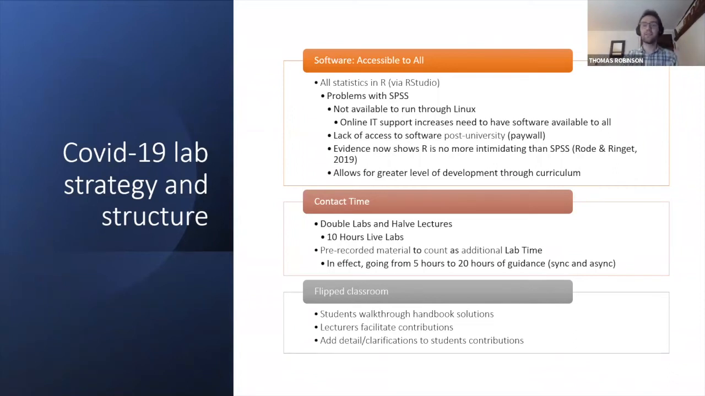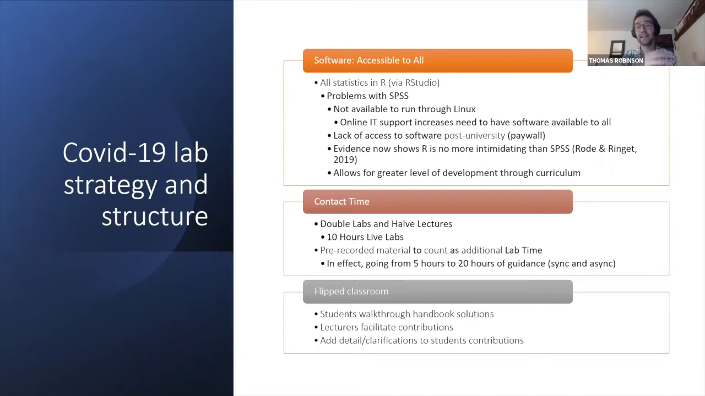So this is the video on how to run a t-test, for example. The students watched that, then came to the lab, and we worked out how to interpret that t-test and what it actually means in applied terms. What this meant in general was that whereas in 2019-20, we had about 5 hours of guidance in actually implementing